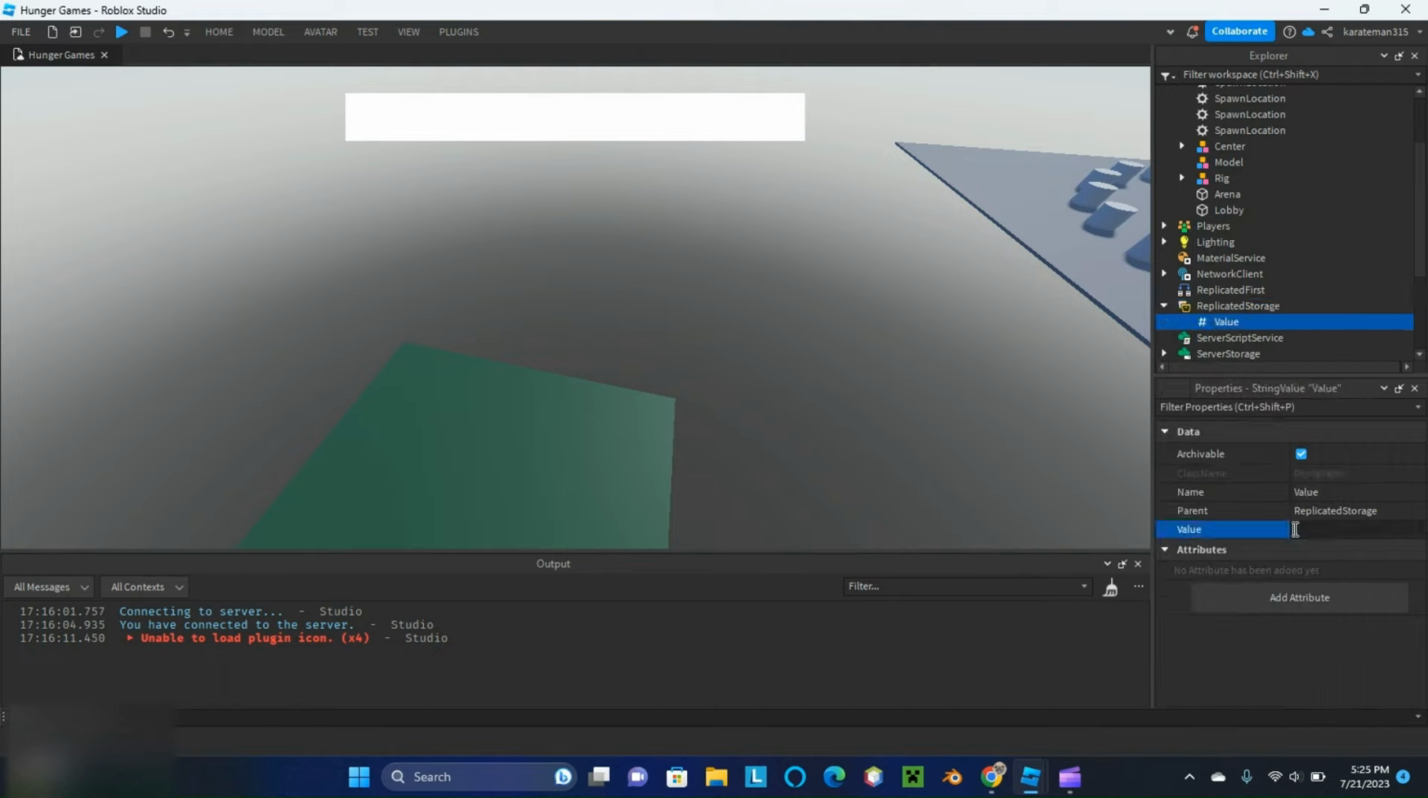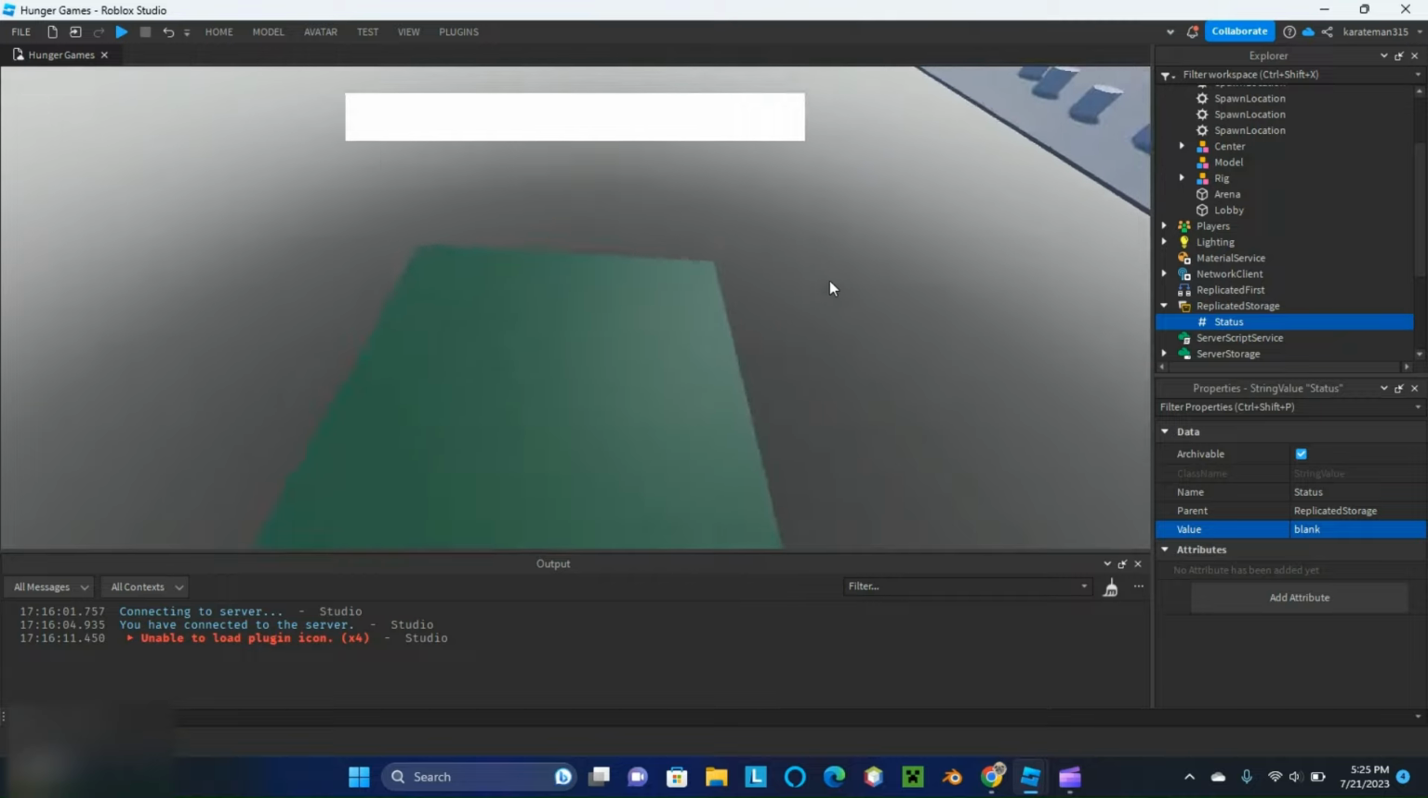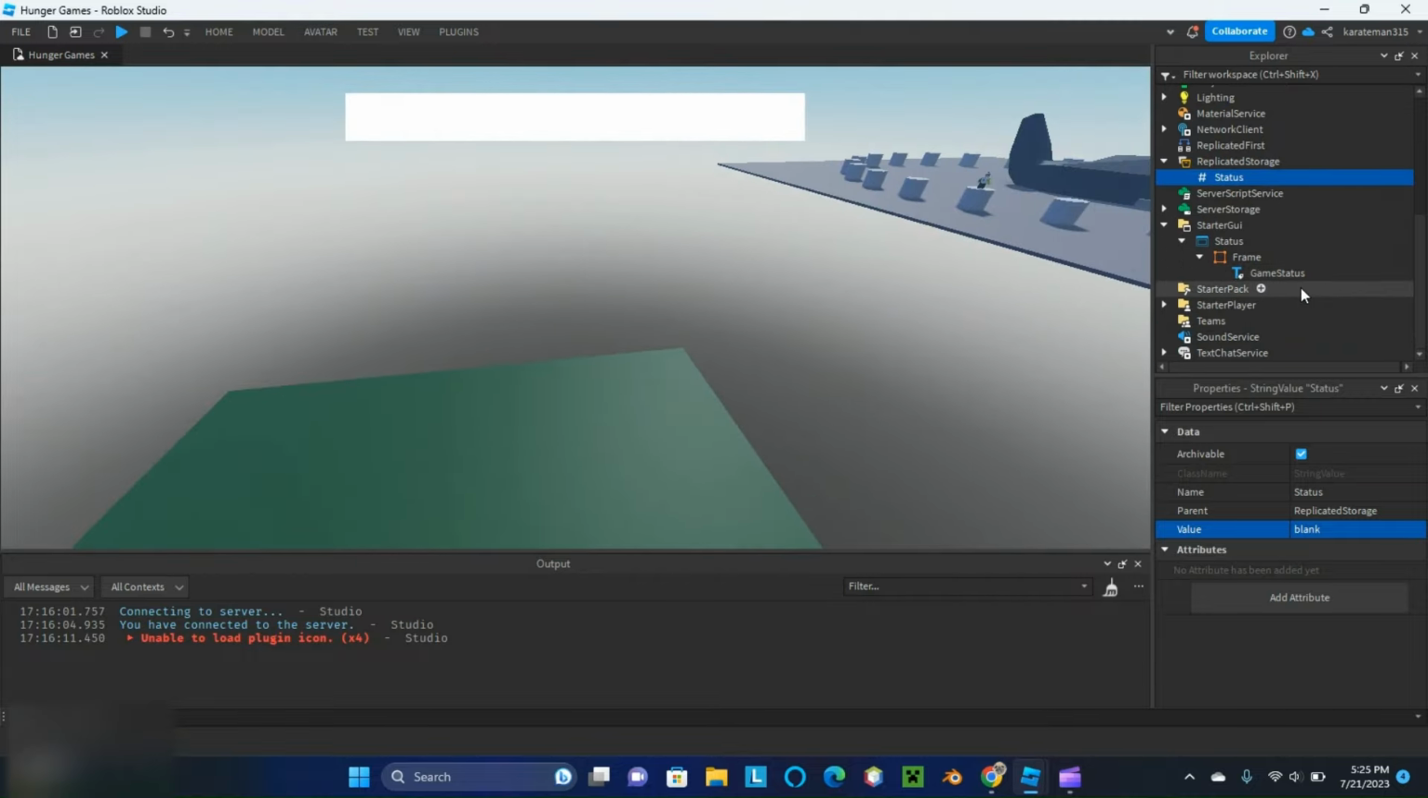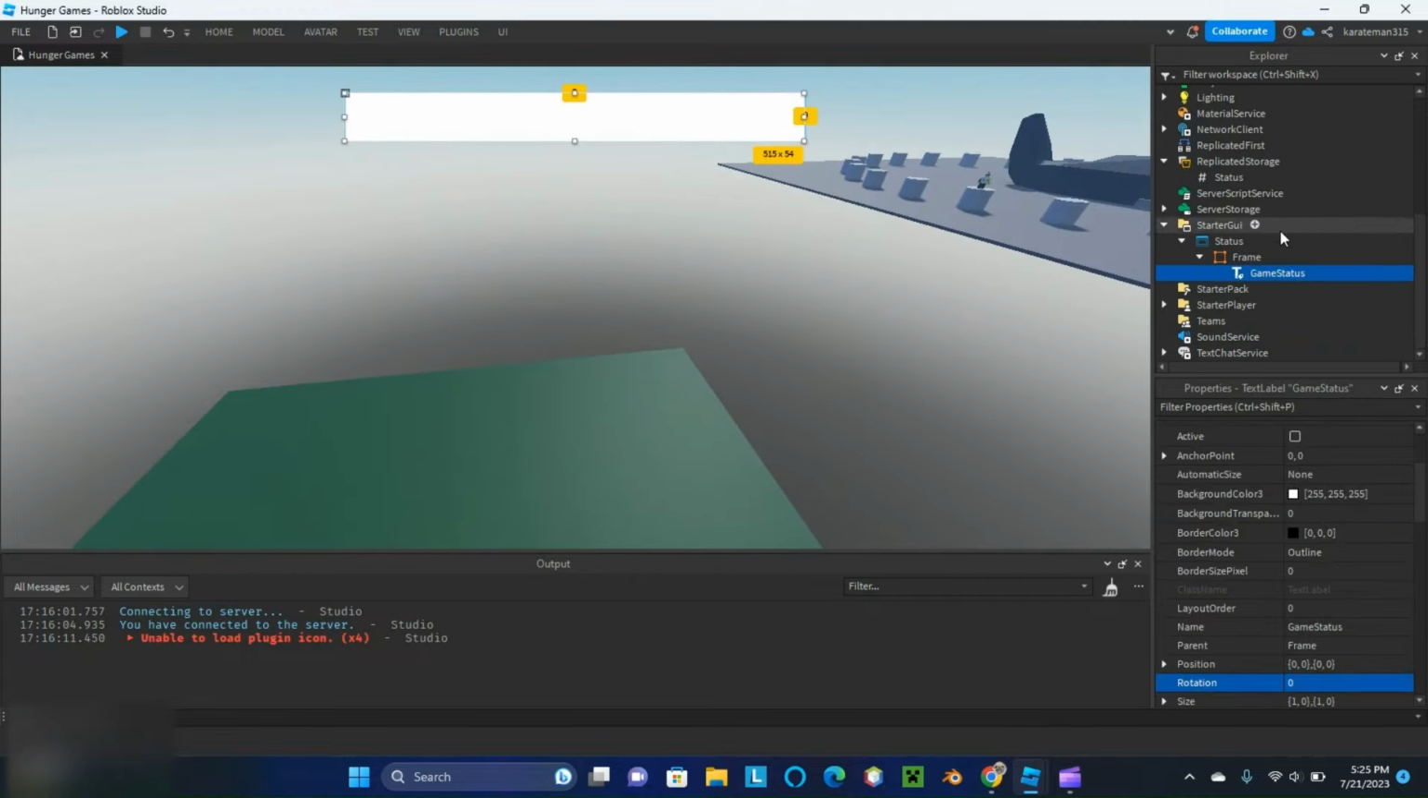And we can just leave this blank. We can just type out blank for now just to see if it works. Okay, so this value we're going to call this status. And what we're going to do is we are going to put a local script inside of here,